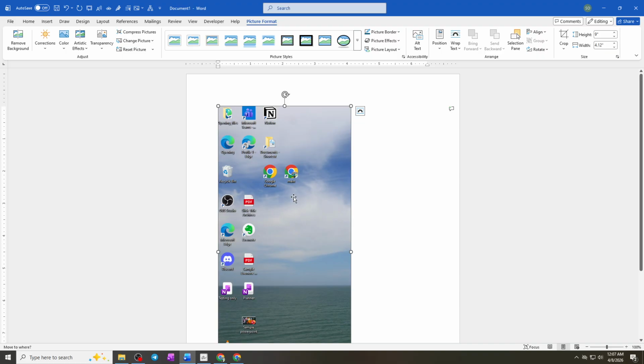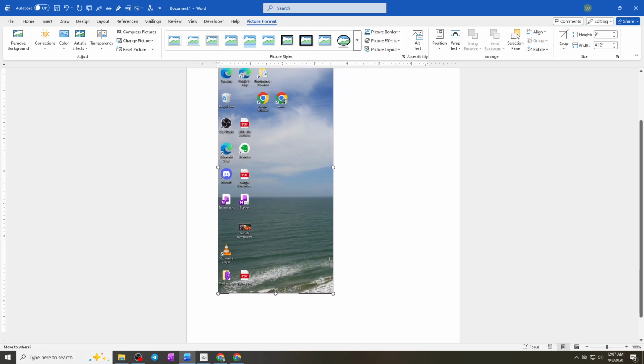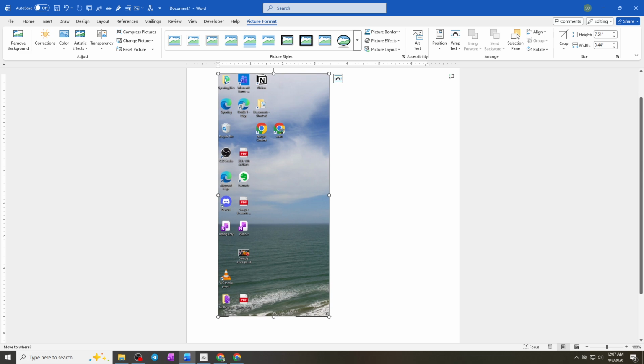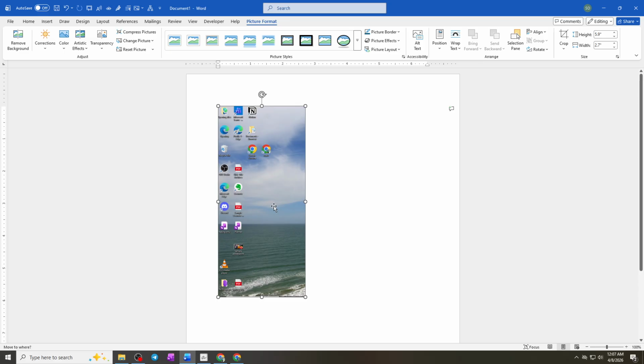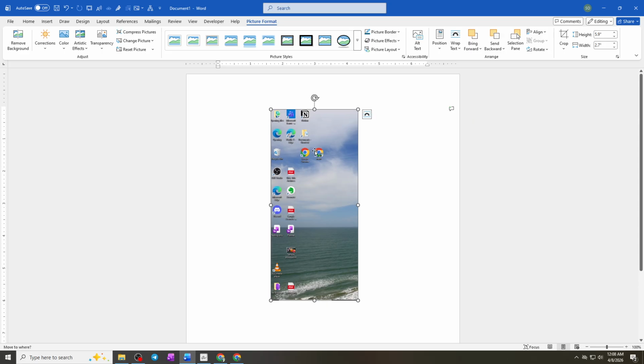After inserting the screen clipping, you can resize or reposition it as needed. Simply click on the image and drag the corners to adjust its size, or move it around within the document to place it exactly where you want. You can also use the Picture Format tab to apply styles, borders, or other visual enhancements to improve the appearance